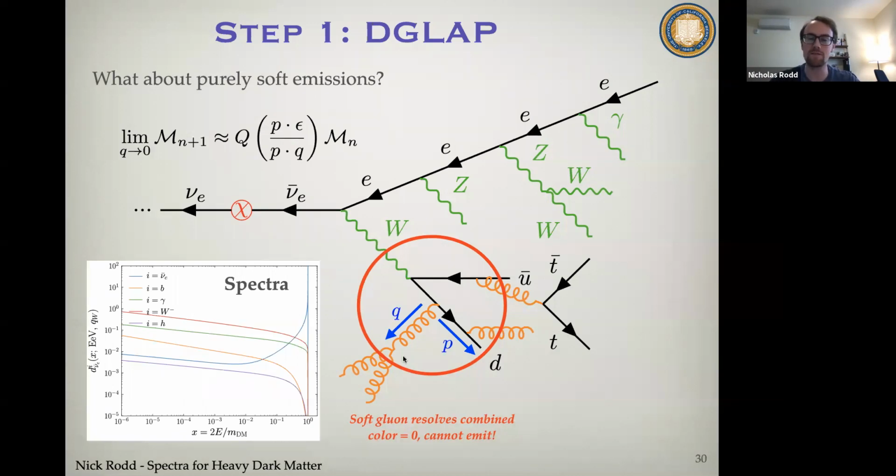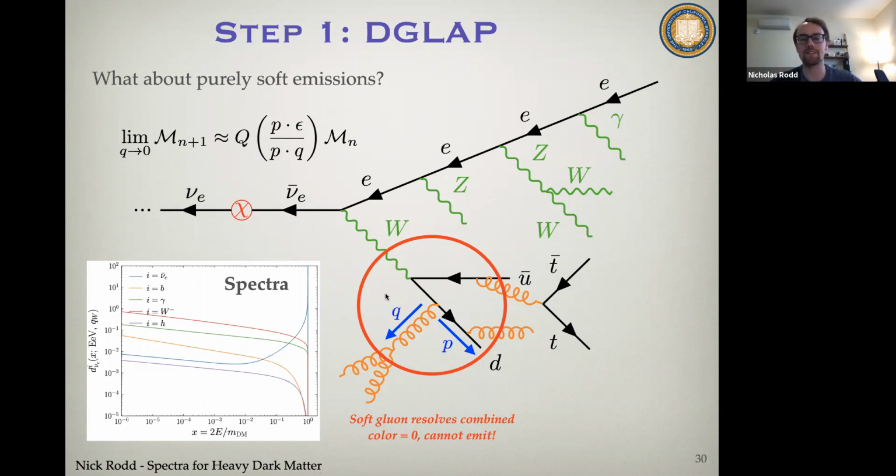And the reason for this is, if I draw your attention again to this gluon, in the limit where it's very soft, it has a very long wavelength. And so it won't just see the down quark, it will now eventually resolve the anti-up. And in fact, it won't be able to distinguish the two. So it will see both of their colors. And because they came from an uncolored W, it will see zero color. So if the gluon, sorry, can only resolve zero color, it never should have been emitted. And so this is why we would generally expect destructive interference.